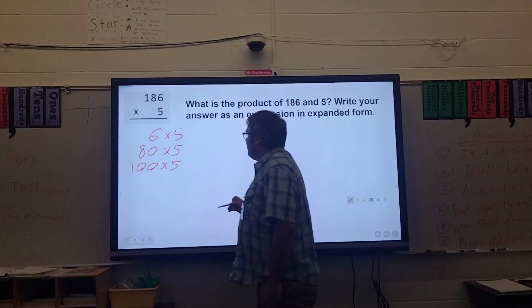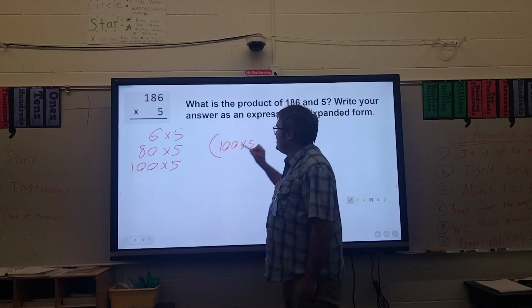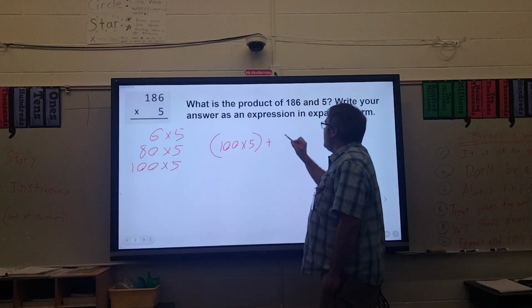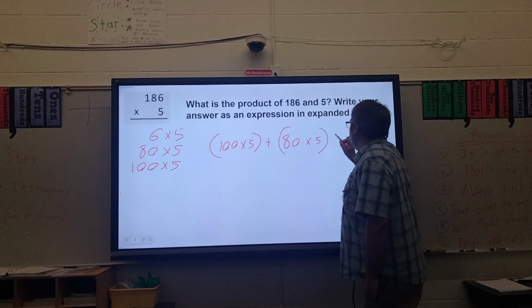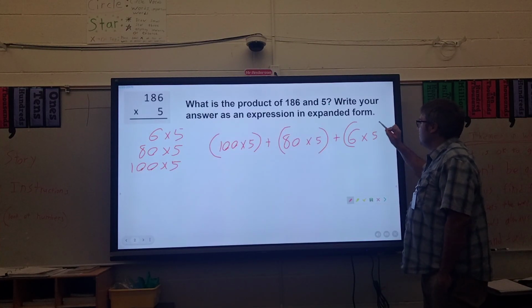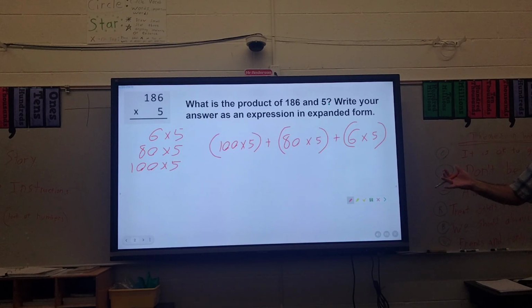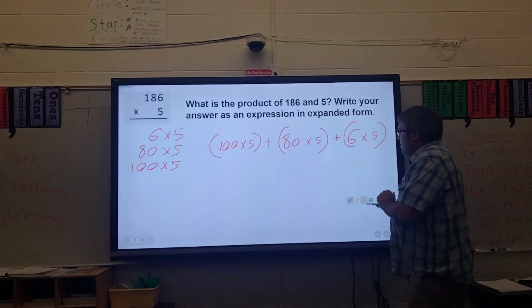So expanded form looks like this. 100 times 5, and use parentheses because that's one step, plus 80 times 5, plus 6 times 5. Just like that. There you go. One thing that I've also taught my class as well is that